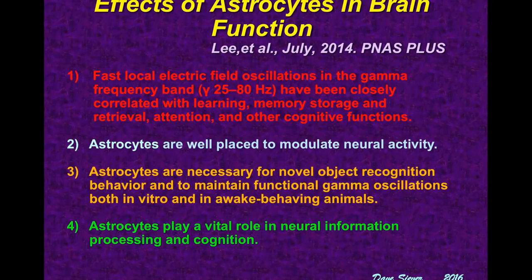Beta waves in the brain have always been attributed to neuronal firing. But what has been recently learned through research is that fast local electrical field oscillations in the beta-gamma frequency band from 25 hertz to 80 hertz have been closely correlated with learning, memory storage and retrieval, information, attention, and other cognitive functions. But what we didn't know is just how much astrocytes play a role on that frequency band. Astrocytes are well placed to modulate neuronal activity. Astrocytes are necessary for novel object recognition behavior and to maintain functional gamma oscillations both in vitro and in awake behaving animals. So what we're saying here